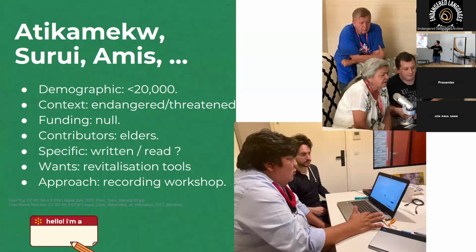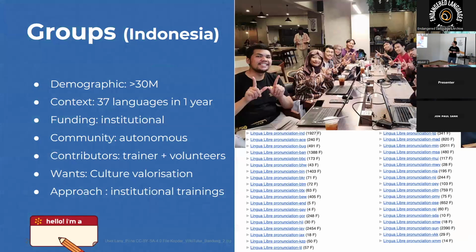And we move to small languages, where the main issue we had is that for some of them, the writing system is very recent, but the elders speak the language and cannot read it. And you have some teachers who read it but are not contributing. So we have a similar issue, I guess, with the community of linguists. And what they want is revitalization tools. That's what they ask for. But they are not autonomous, so we have to make repeated workshops and training.